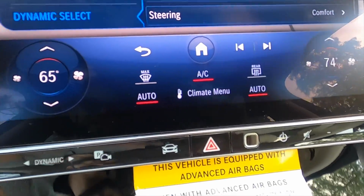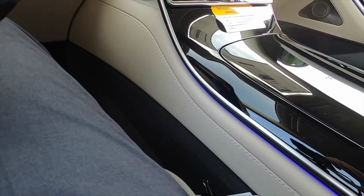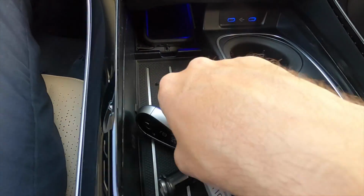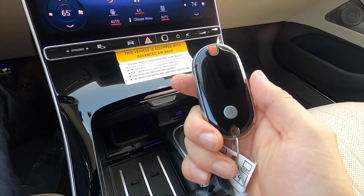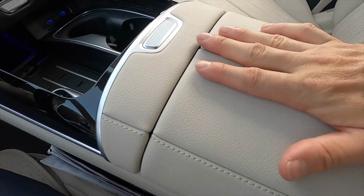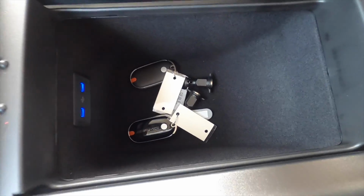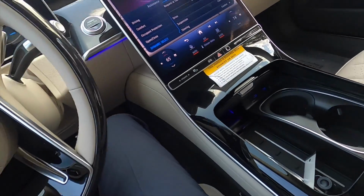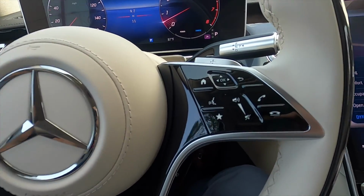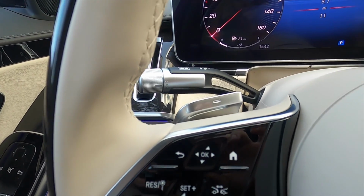Dual climate control settings, the finger ID, the gloss black wood goes with the ambient lighting that's going to surround it, opening into a wireless charging pad, a storage pocket here that I have the key fob for the S500, 2 USB-C ports, going to be more sport and soft mixture, open up to a deep storage pocket with 2 more USB-C ports, leather and wood heated wrapped 3-spoke steering wheel, multi-function with the paddle shifters, adaptive cruise control, lane keep assist,